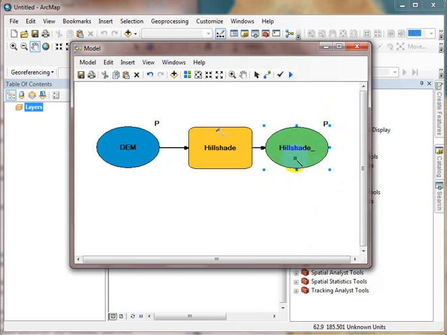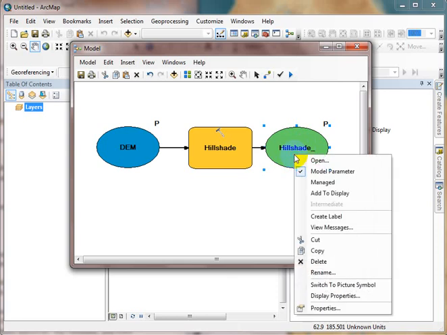So if you're watching this and it's relative to the Antarctica lab, you went into the display properties of your hillshades and made it a standard deviation with an N of 2, and that helped the hillshade pop a little bit. We want to make sure we're applying that same symbology to our future hillshades that we're going to make for this lab. And we can do that by setting